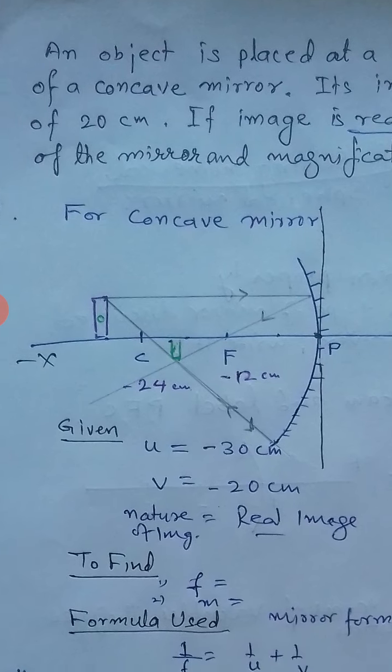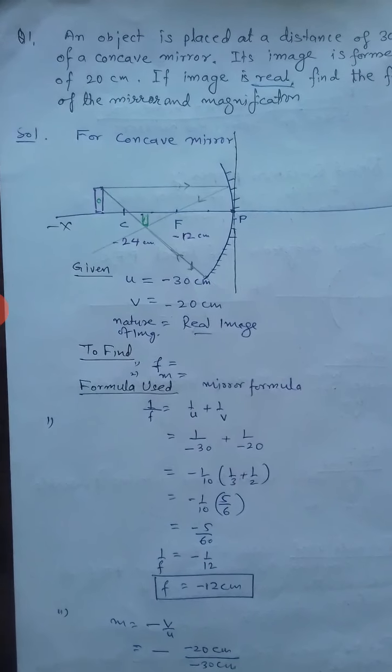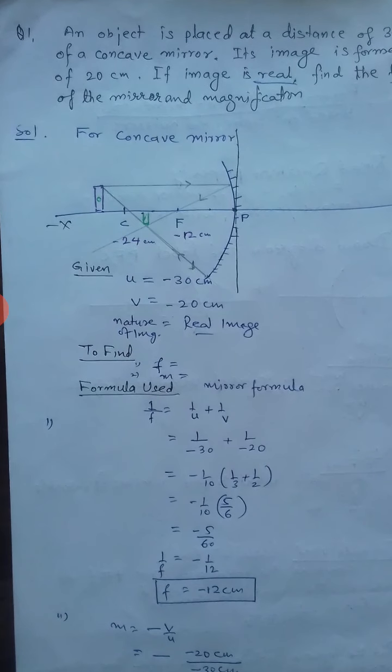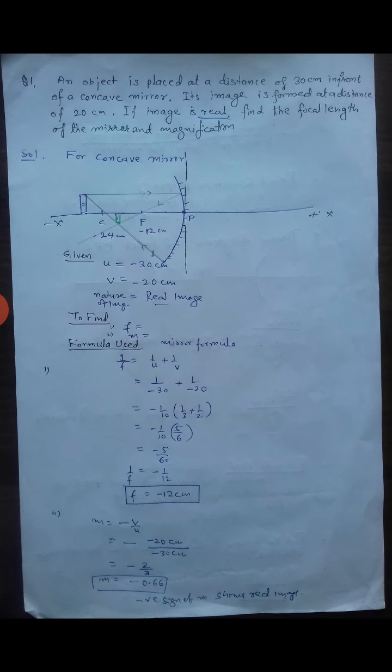Draw the diagram and label. Now as the object is always placed on the left hand side, as you are aware in case of spherical mirrors, we will write the given. What is given in the question? You can see the values, 30 cm and 20 cm are visible. What is 30 cm? It is the distance of the object. So small u we are taking as 30 cm and v for the distance of the image as 20 cm.